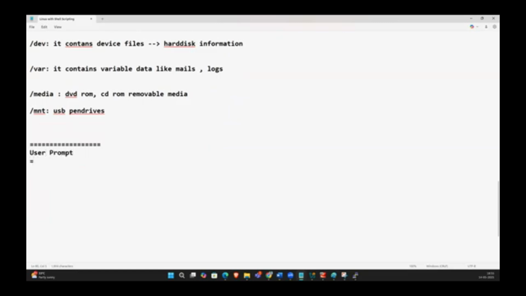What is that? The user prompt. So what is the user prompt? This is the user prompt. What this is, root at the rate vbox, is nothing but a host name, a tilde, and a hash. What are these? So one,